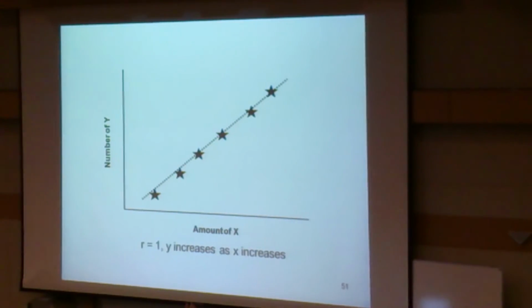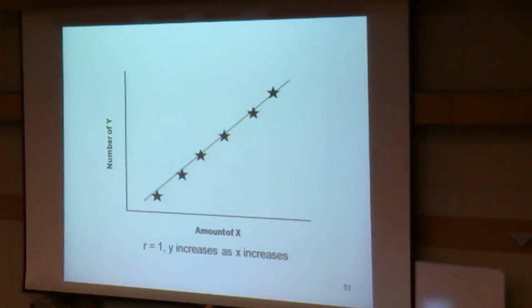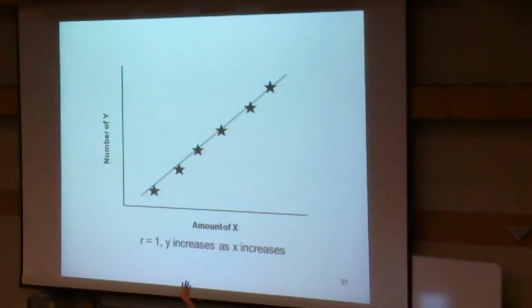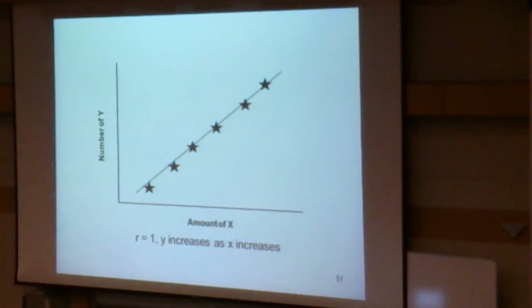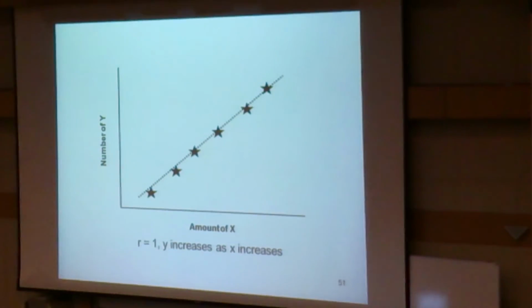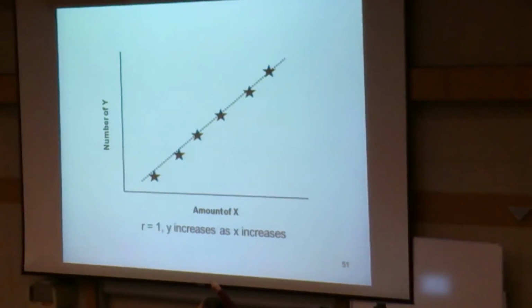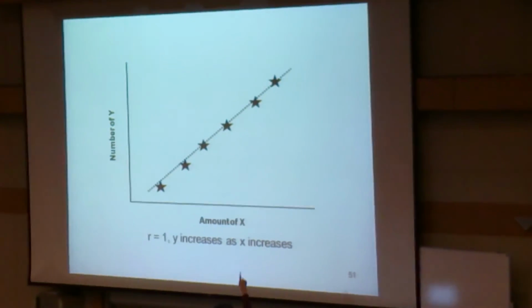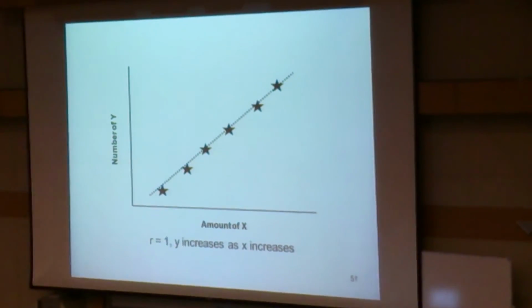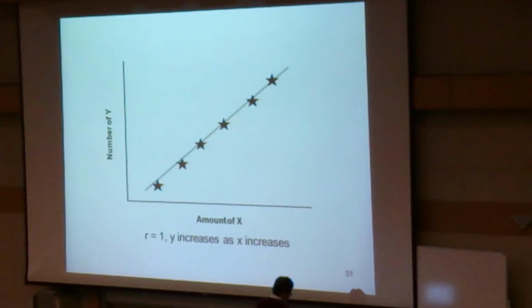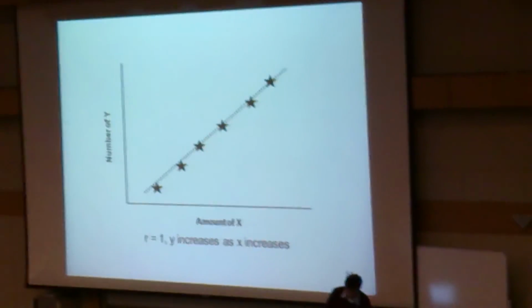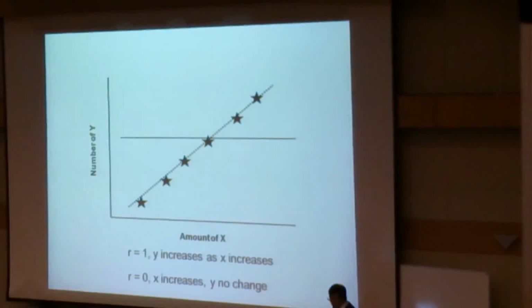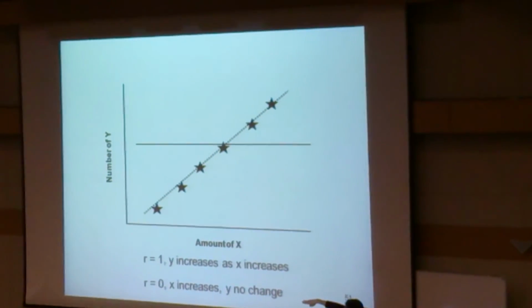If you interchange y with x, you will still get the same line. But you cannot get that in regression. So in this case, for every y increase, x will increase, so you can say when x increases, y will also increase. So R will be equal to 1. How about if R is equal to 0? You will have a